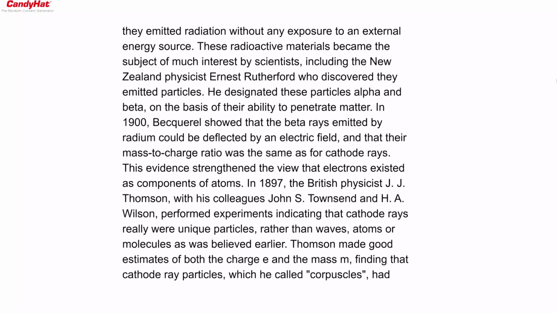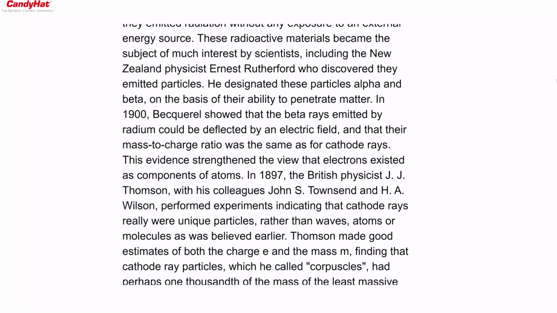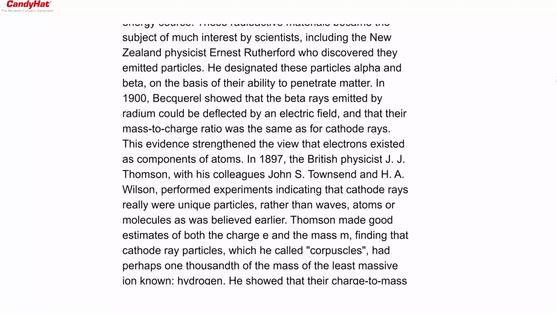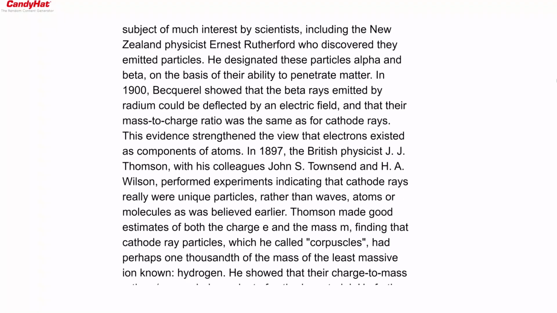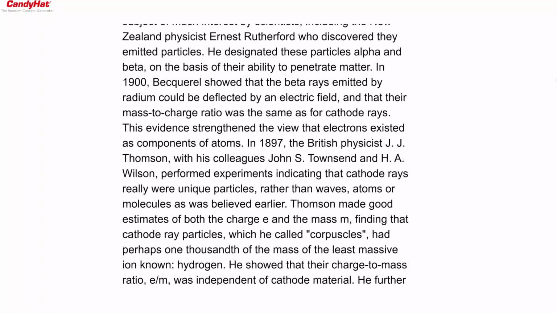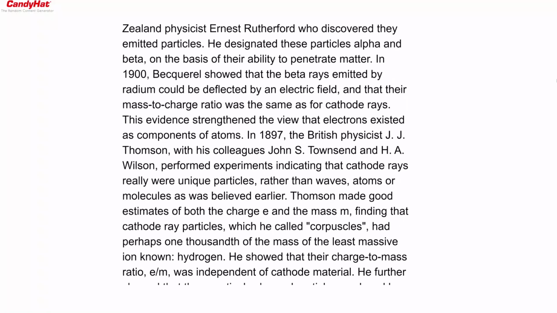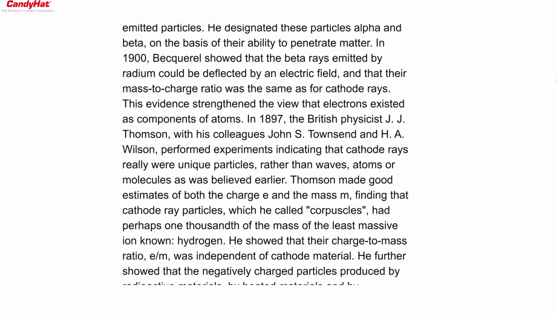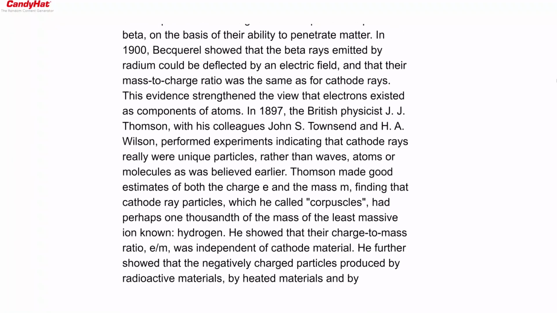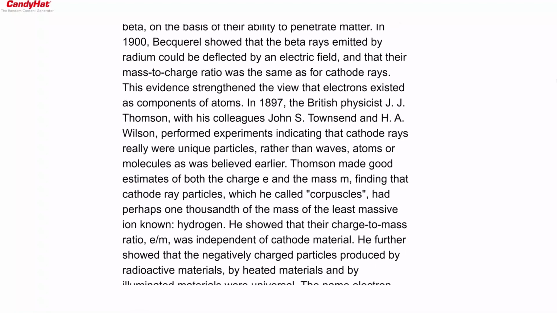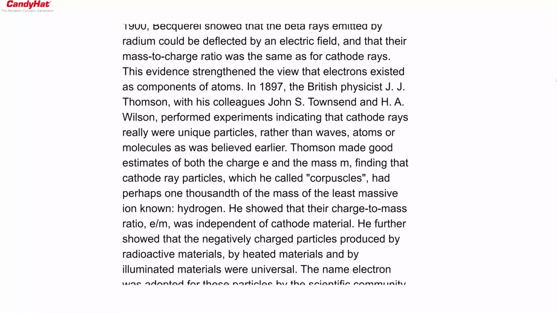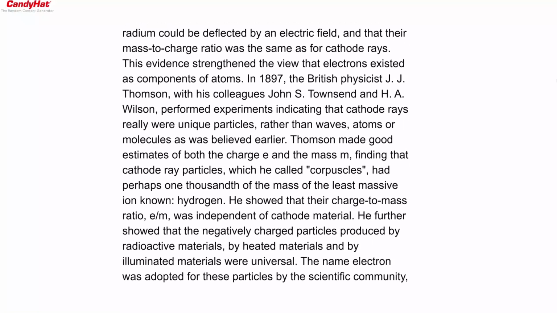Thomson made good estimates of both the charge e and the mass m, finding that cathode ray particles, which he called corpuscles, had perhaps 1,000th of the mass of the least massive ion known, hydrogen. He showed that their charge-to-mass ratio, e/m, was independent of cathode material. He further showed that the negatively charged particles produced by radioactive materials, by heated materials, and by illuminated materials were